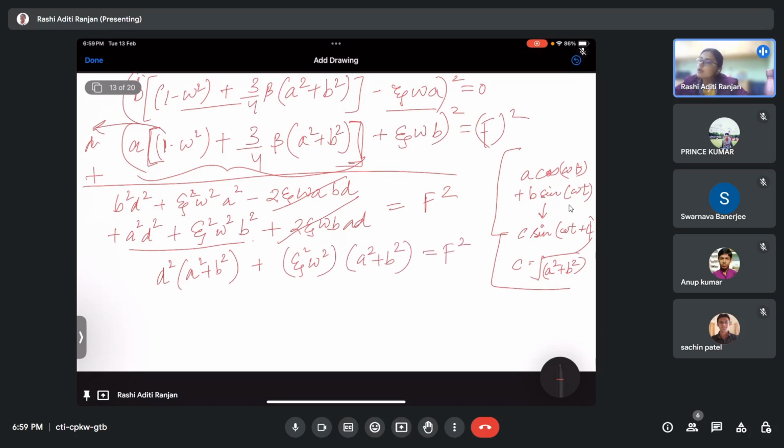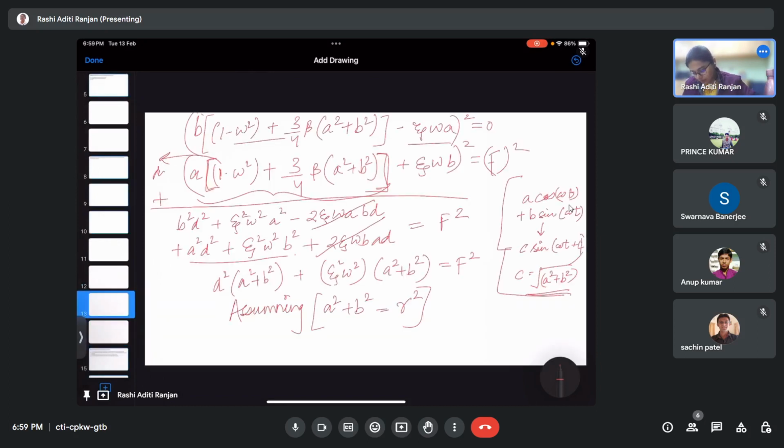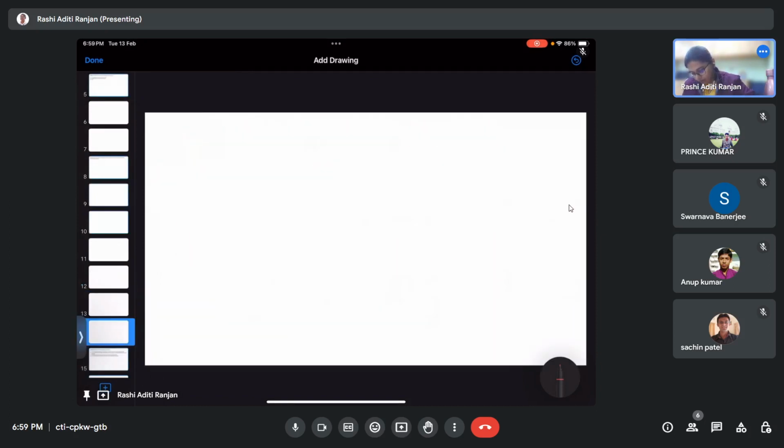Okay, so I assume A square plus B square as gamma square, because anytime I can write the solution in this form. So I'll assume it as gamma square. Then I'll have the expression gamma square into D square plus epsilon square omega square is equal to F square,